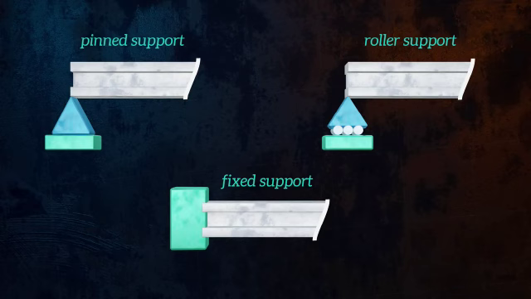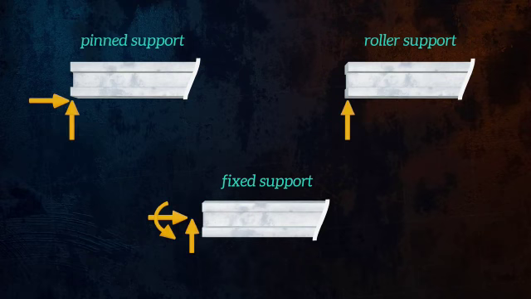If a certain degree of freedom is restrained at a support, we will have a corresponding reaction force or reaction moment at that location. For example, rotations are permitted for a pin support, so there is no reaction moment, but displacements in the vertical and